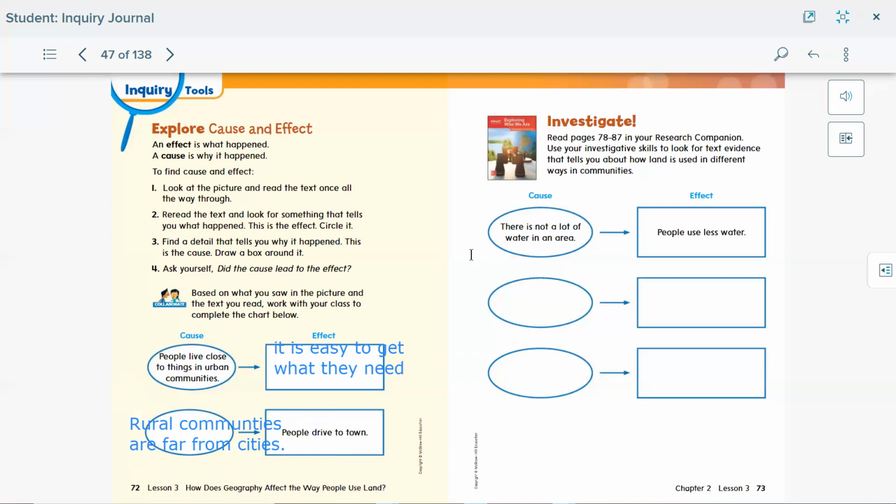All right, let's go to page 73 and see the activity we have. We have the cause and effect chart that we'll use now. The first one is done. We need to look for 2 causes and 2 effects. First one that's done, there is not a lot of water in an area. So that's the cause. Not much water around in this area, so people use less water. All right, so let's now